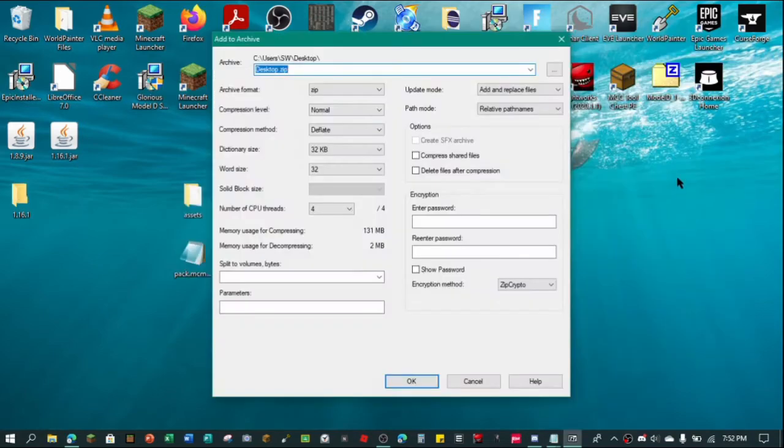What you want to do is go to add to archive or something like that, and you just want to make sure it's a zip file. I know, and if you don't have 7-zip, then don't worry. If it says archive, you want to archive the file. If it says compress, you want to compress the file. So yeah, you just want to make a zip file or get a zip file somehow and then put those